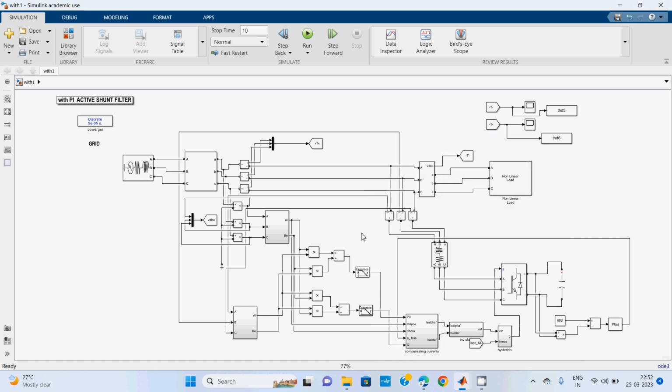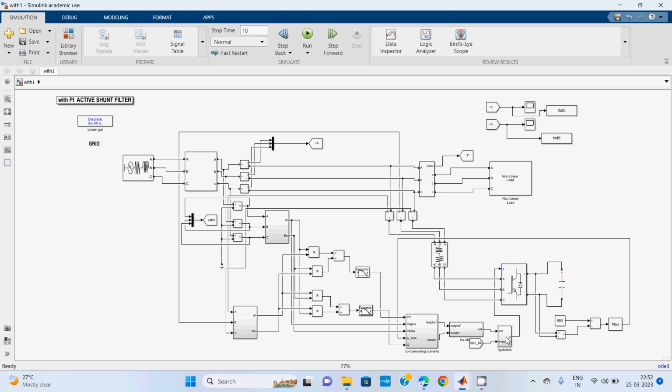From here you need to observe the compensating currents. With the help of these compensating currents we can inject current into the system. Then we need to perform the inverse Clark transformation. When we apply the inverse Clark transformation, we get the reference currents. Those reference currents are compared with the nonlinear load reference